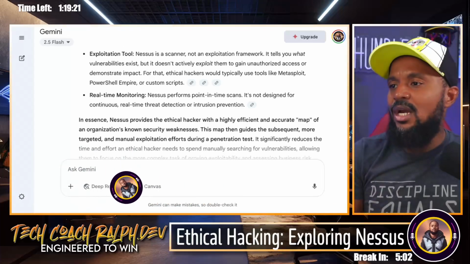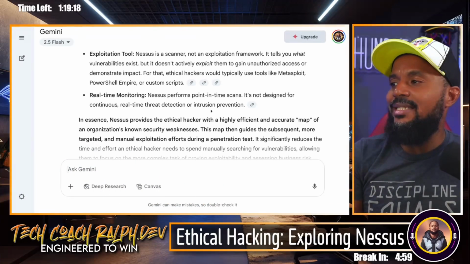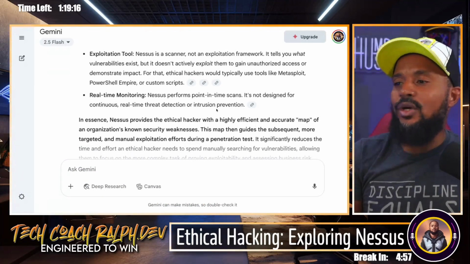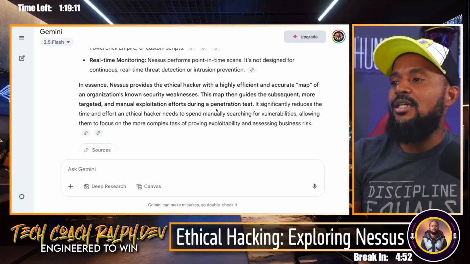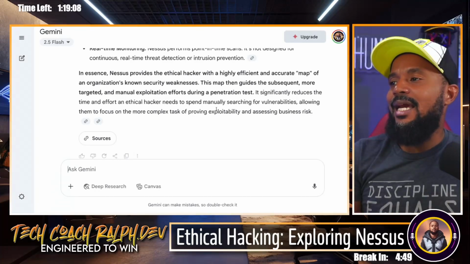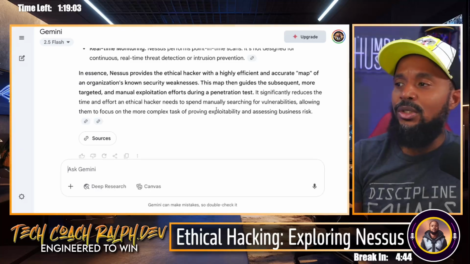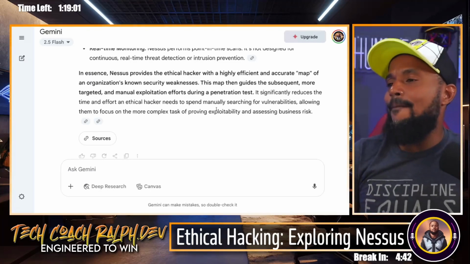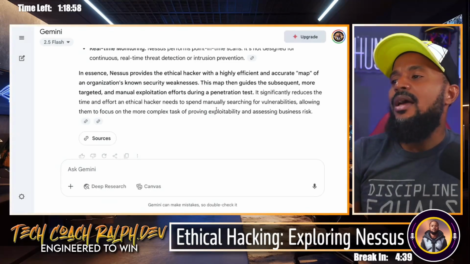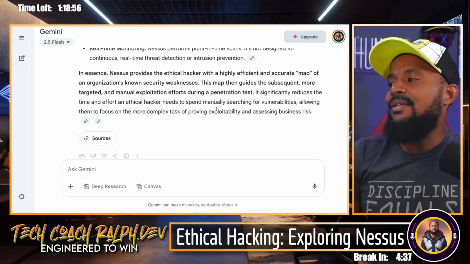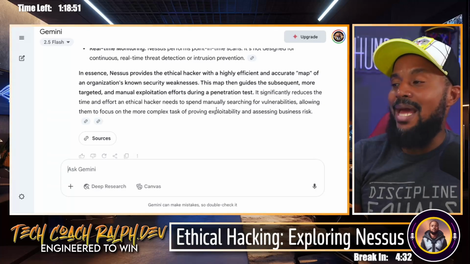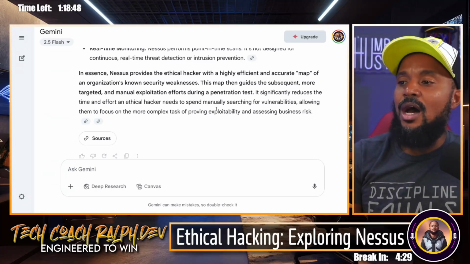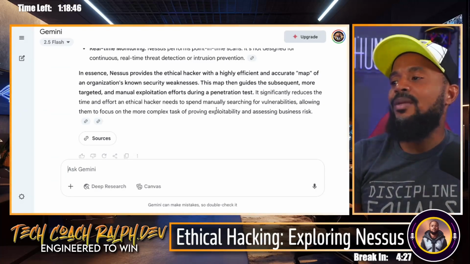And what else? Real-time monitoring: Nessus performs point-in-time scans. It's not designed for continuous real-time threat detection or intrusion prevention. So in essence, Nessus provides the ethical hacker with a highly efficient and accurate map of an organization's known security weaknesses. This map then guides the subsequent, more targeted and manual exploitation efforts during a penetration test. It significantly reduces the time and effort an ethical hacker needs to spend manually searching for vulnerabilities, allowing them to focus on the more complex task of proving exploit